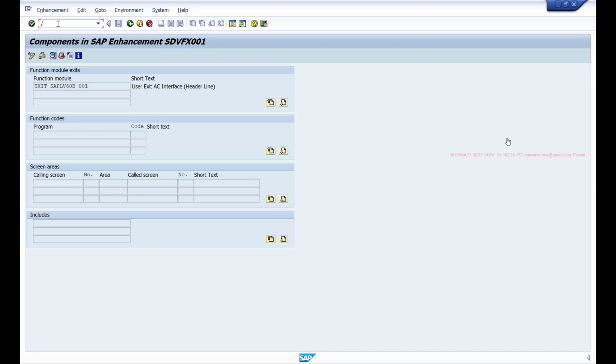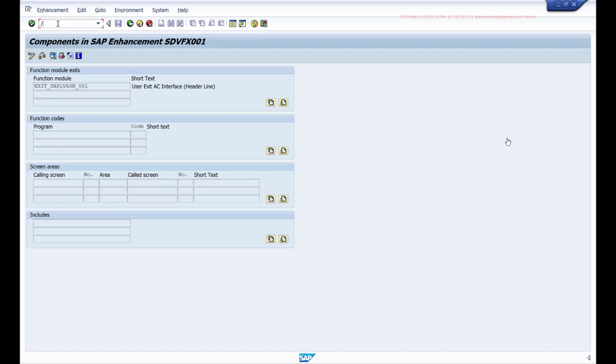If you don't find a suitable enhancement in SMOD, if you are not finding something in the main program, because sometimes when you are using a standard SAP transaction, there will be one main program, but from within the main program, they will be making a lot of calls to other programs, and there could be some enhancement that is part of another program. So if you search in the main program, you may not find it, but if you actually go and search in the other program, then you may find an enhancement. Since this program is called in the main program, if you implement that enhancement available in a different program, then also your code might get executed. So there's no one straightforward way to find these enhancements. That's why they are more complicated.